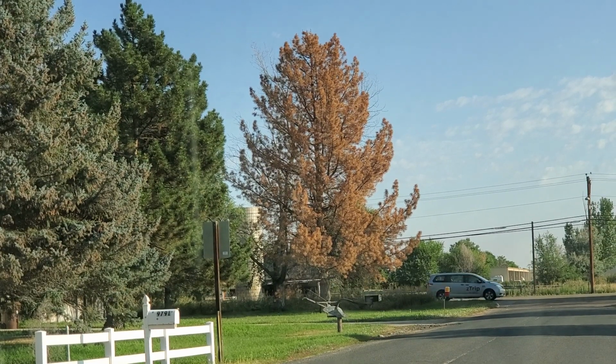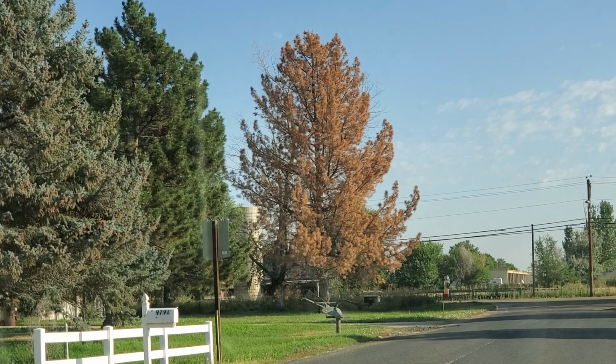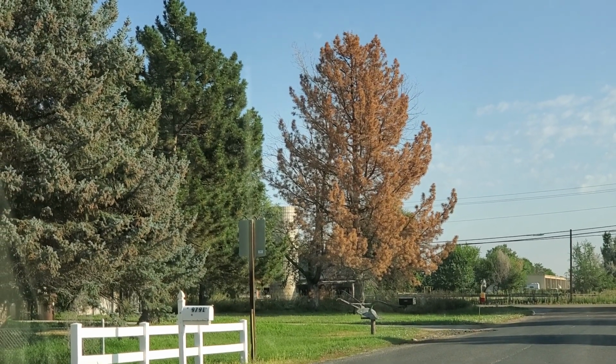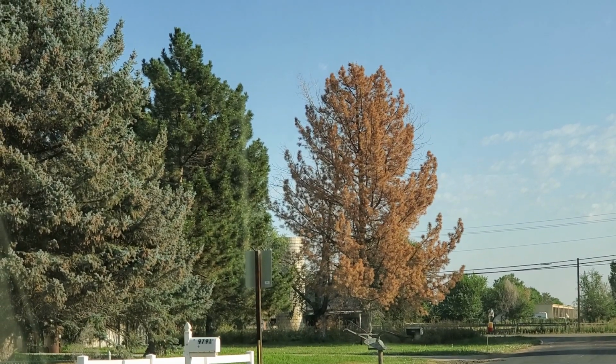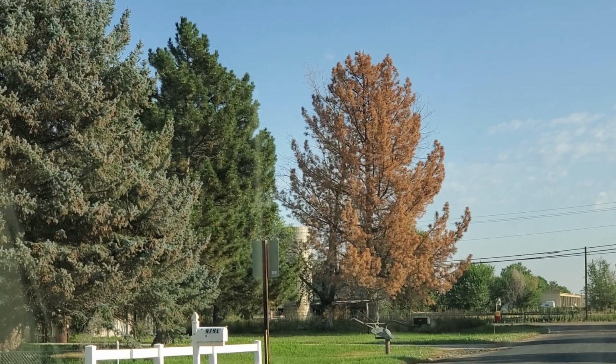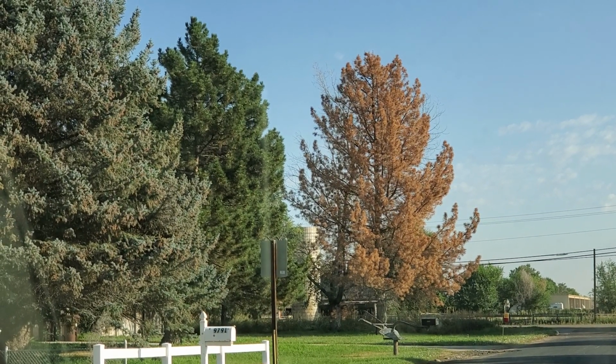So I'm trying to get people to understand and learn and kind of register and process what they're actually seeing when they're actually looking at a tree, in this case pine trees. So the healthy, very healthy appearing tree to the left,